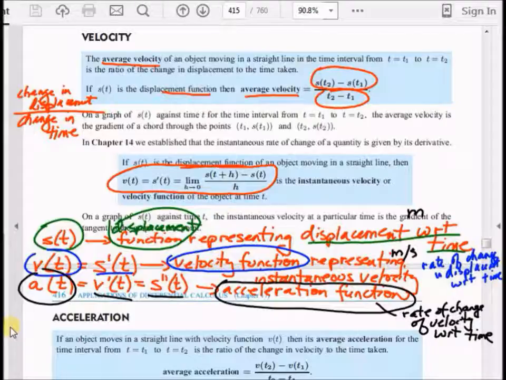Say time is in seconds. So meters per second, which is what velocity is measured in. The acceleration function is the change in that meters per second, per unit of time. So meters per second,